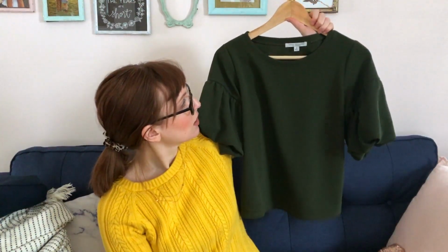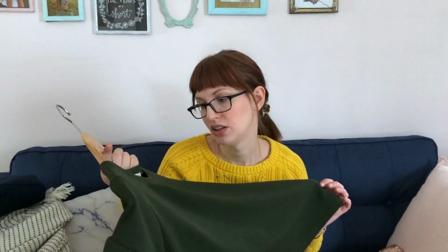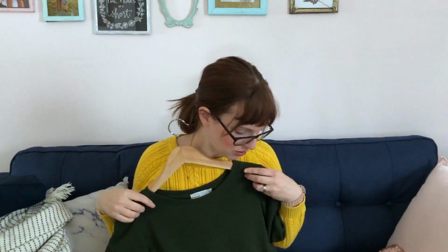I wasn't a huge fan of the green color because I don't usually wear green, but once I tried it on, I just fell in love with these puff sleeves. It is by the brand Green Envelope, and it's made in the USA. But if I find that I'm not getting much wear out of this, I will list it in my